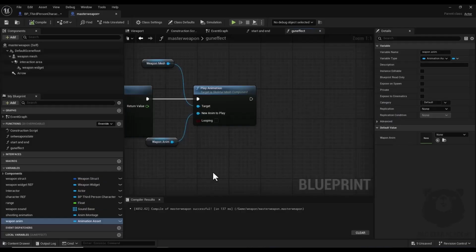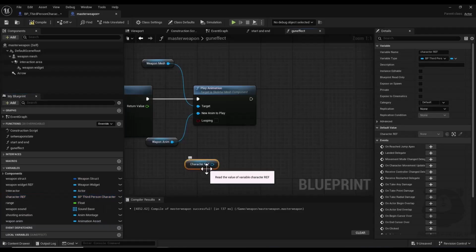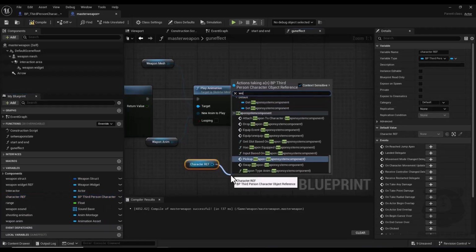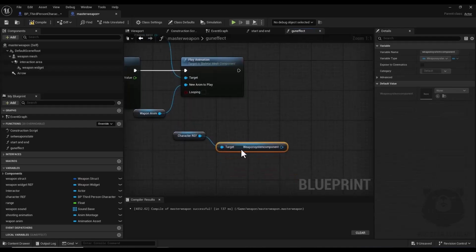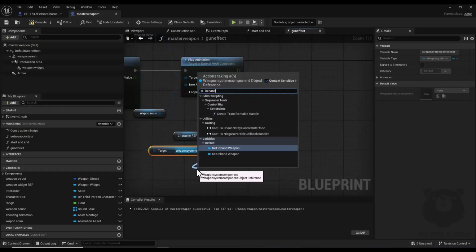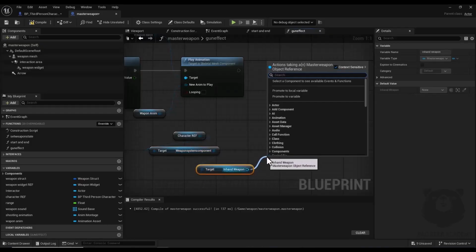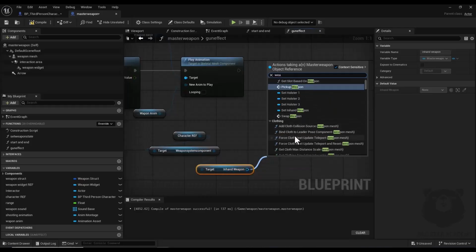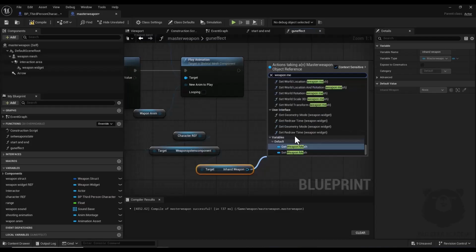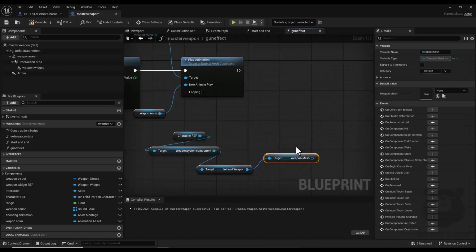Sorry, before that I should first get my character reference, and now get my weapon system component, and here I get my in-hand weapon. Alright, now I get my weapon mesh, get weapon mesh, and